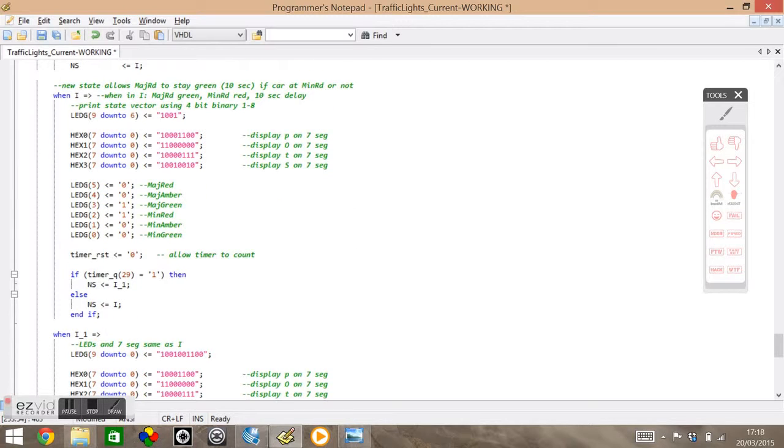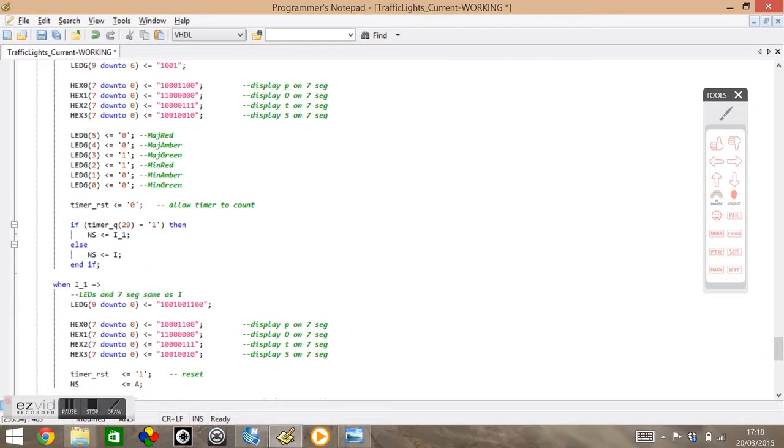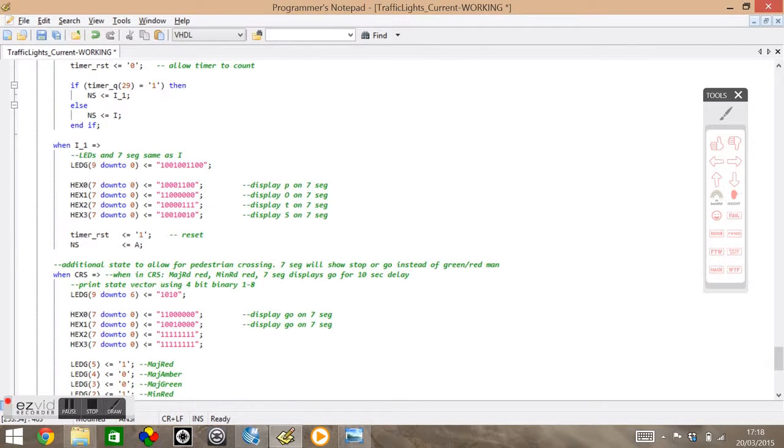So all them states are the same then, apart from when we get to state I. State I is the same as state A, where the major road's green, the minor road's red. This state is basically just there to allow the traffic on the main road to flow freely without interruption for 10 seconds before returning to state A, where it's then susceptible to a car arriving at the minor road, where the sequence will begin again. So this has a 10-second delay, as I said, then it moves into I, which then directs it back to